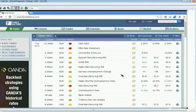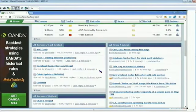So with the bank holiday, we had the Aussie dollar have its interest rate announcement come out early this morning at 12:30. And we have the unemployment rate coming out of Europe. But beyond that, not a whole lot of other major news. Just trying to look for